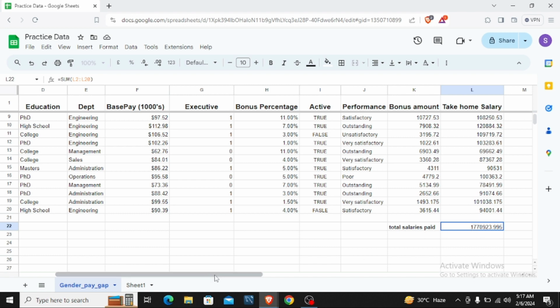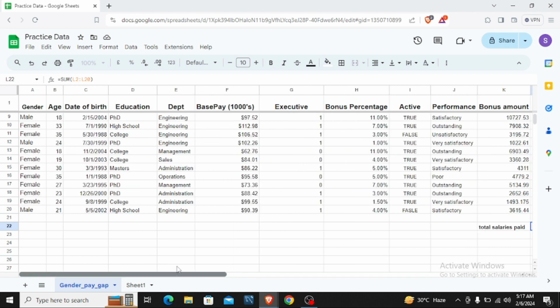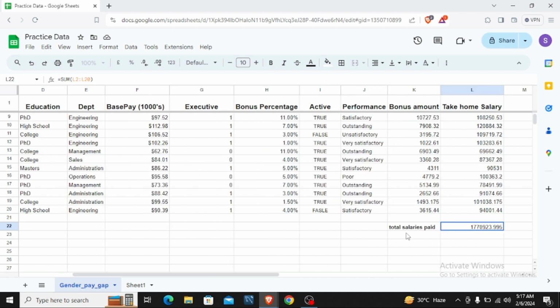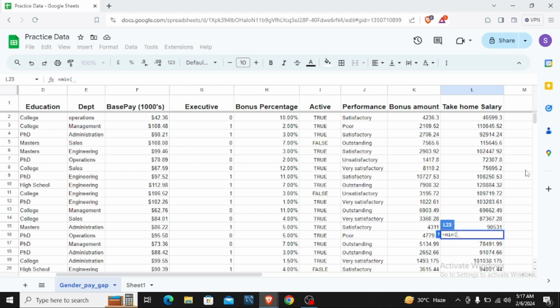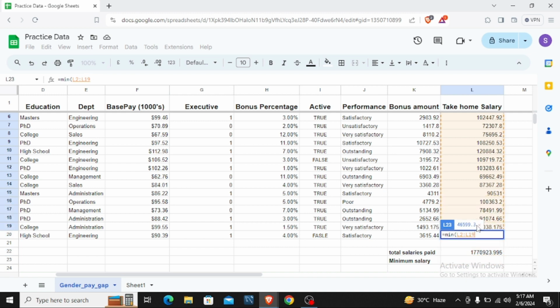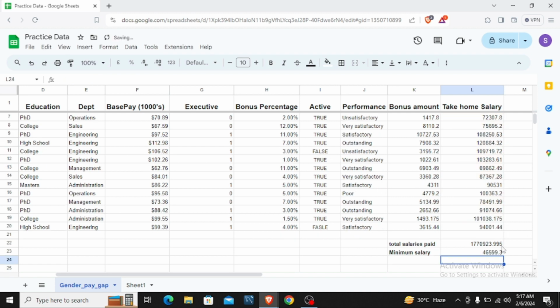So let's talk about maybe finding the average formula, or let's say the minimum formula being paid here. So we start with our equal to sign, and we use the min function. So after the min function, we open a bracket and select all the cells that we want to find the minimum of. So we select it up to here, and then we hit enter. So now we see the least salary being paid is 46,599, and let's try to find out the maximum